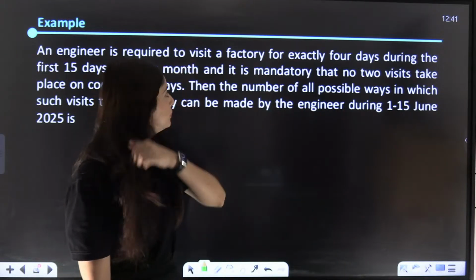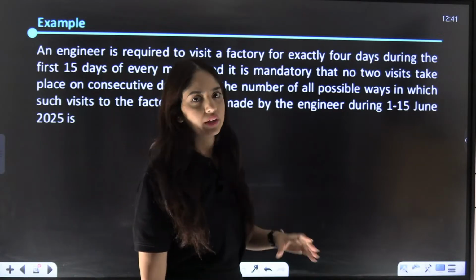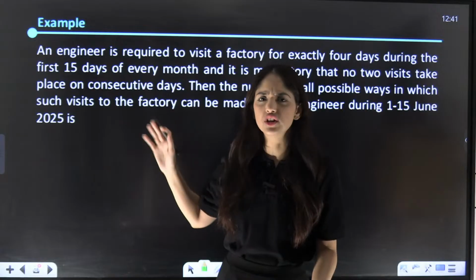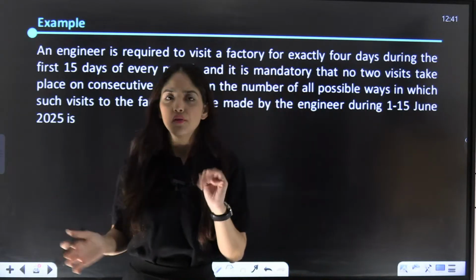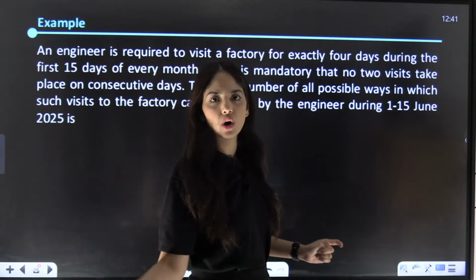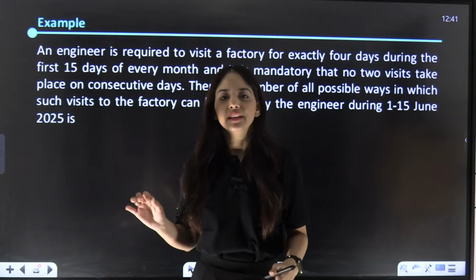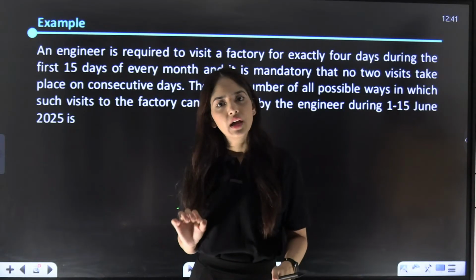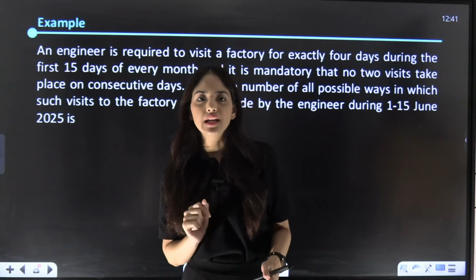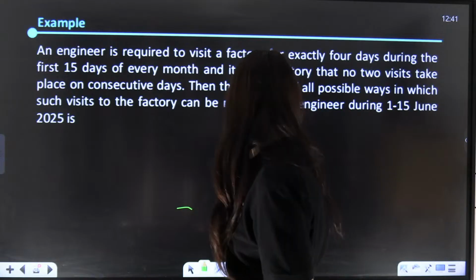An engineer has to visit a factory for exactly 4 days during a period of 15 days. Every month within the first 15 days, the engineer has to visit 4 times on 4 days, and it is mandatory that no 2 visits take place on consecutive days. Basically, out of those 15 days, the engineer has to select 4 days, such that no 2 out of those 4 days are adjacent to each other. Number of all possible ways